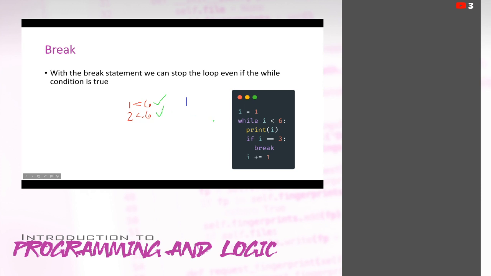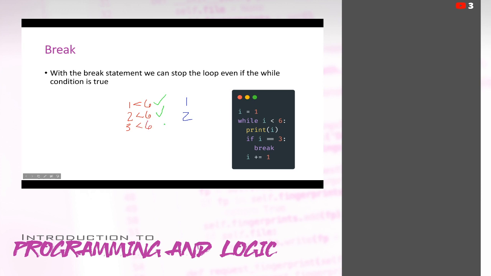We're going to print a 2 to the console because that's the next thing that we have in the order of execution. Then we're going to evaluate this if statement to say if 2 is equal to 3, it's not. So we're going to skip that. And we're going to jump down to I plus equals 1. So that's going to turn it into 3. So 3 is less than 6.